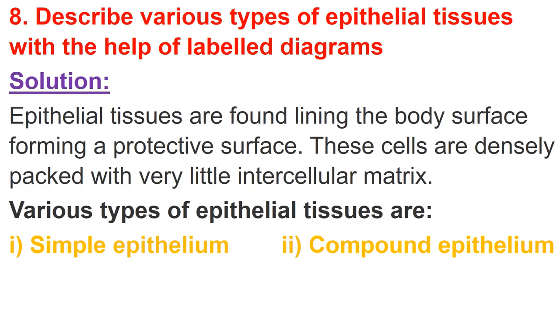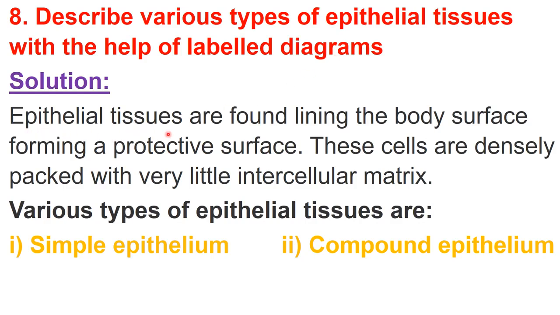Now let's discuss the homework solution of the previous lecture. Question number 8 of NCERT was given as homework, and the question is: describe various types of epithelial tissues with the help of a labeled diagram. So this is a direct question, and we have already studied these epithelial tissues in the previous lecture. So you need to discuss all those types of epithelial tissues here, okay, with a labeled diagram.